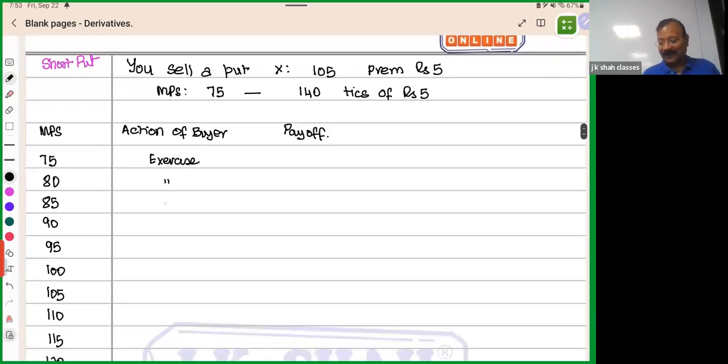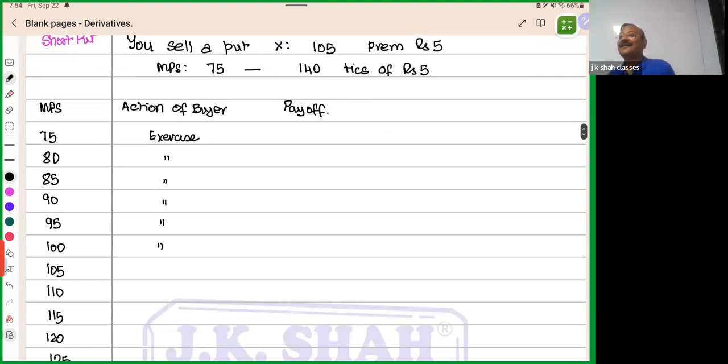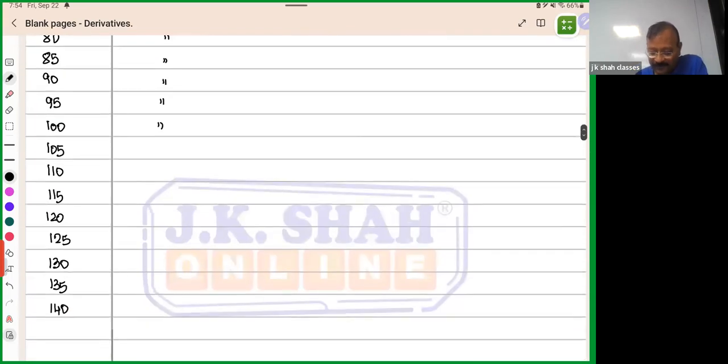At 80, he will exercise, and he will continue exercising till 100. Because remember, at the ATM point, the buyer will always lapse it. I had written that, right? Understand? This is an easy way to think: the buyer will exercise only as long as it is ITM. ATM and OTM are going to lapse. Okay, so at 105,